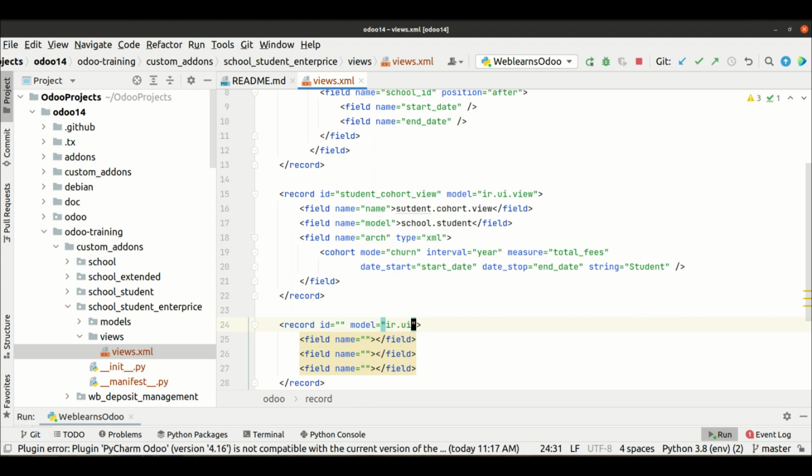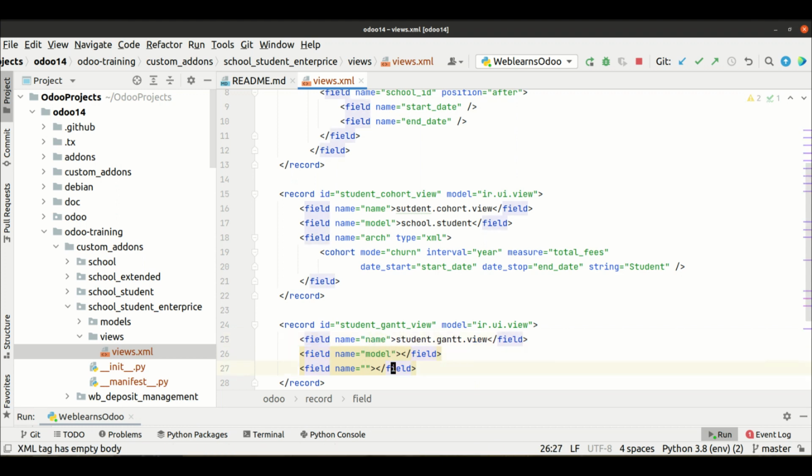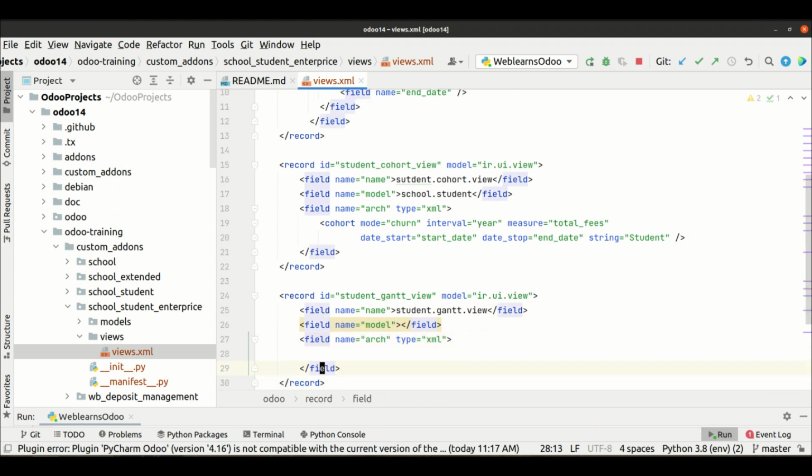The model is always ir.ui.view, and here the record is student Gantt view. The field name is the name, the model name is the model, the name is the arch, architecture, and the type is XML.